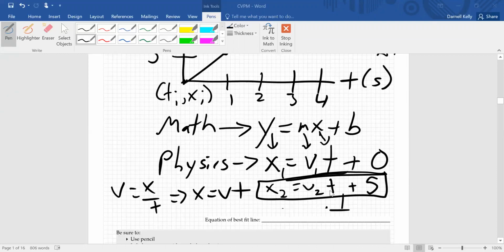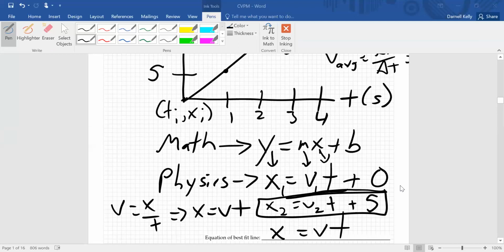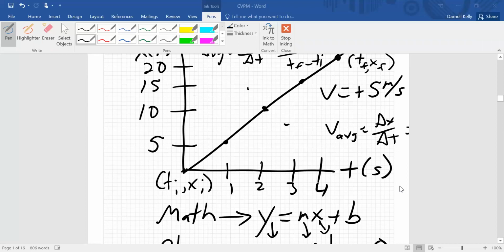So this second equation, x equals vt plus 5. Well, now I have a y-intercept. What do you think that tells me here? This plus 5. Any ideas? No ideas. Well, the plus 5 in math, the y-intercept, in physics, that tells us that plus 5 means I didn't start at 0 this time. I started at 5, and then I just